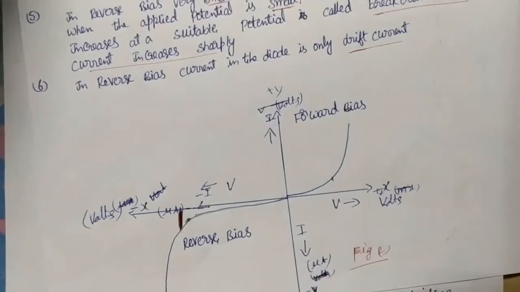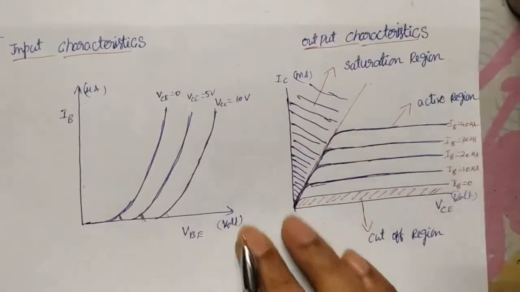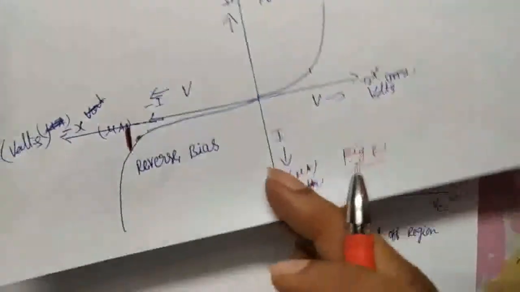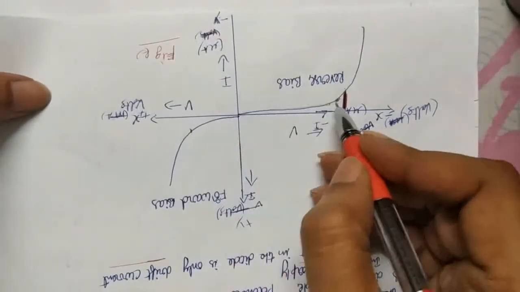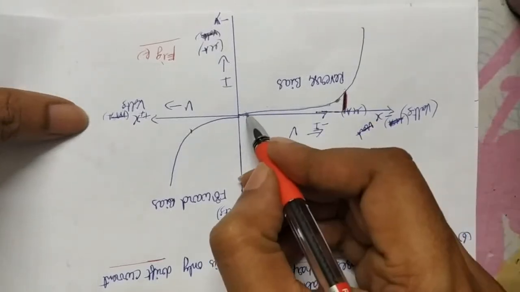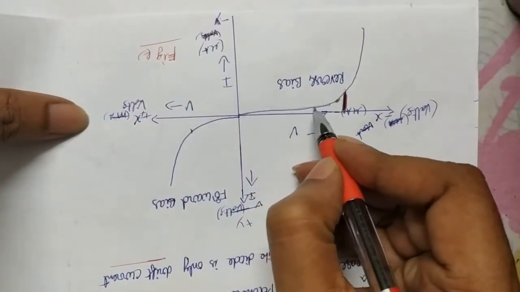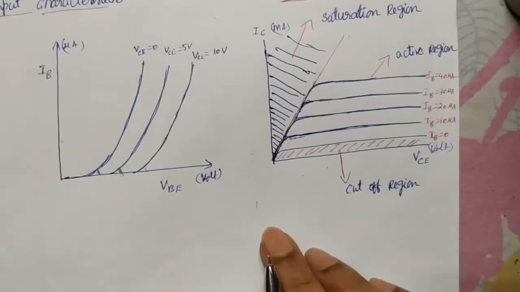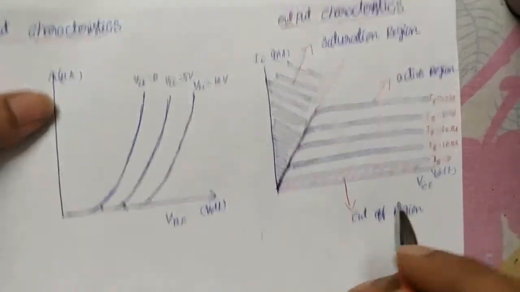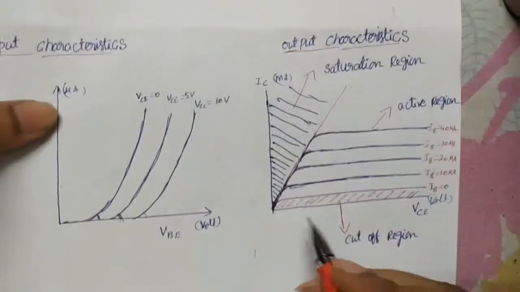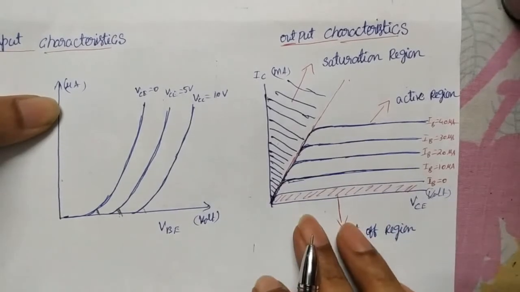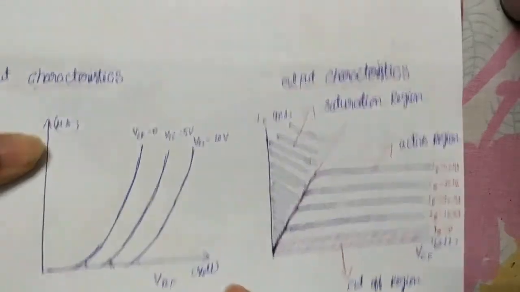In the output characteristics of this transistor, they use the first quadrant only, even though it is reverse characteristics. That's why you can reverse the graph like this. This is the reverse characteristics graph you make. You see it turns into the first quadrant, and up to here the graph looks like this. A small rise is there, and a very small rise is there. The graph shows how, whenever the potential VCE, the output voltage, increases, the current increases by a small rise, and you get a graph like this. Below this it is not possible. So to observe this graph, they are doing this.